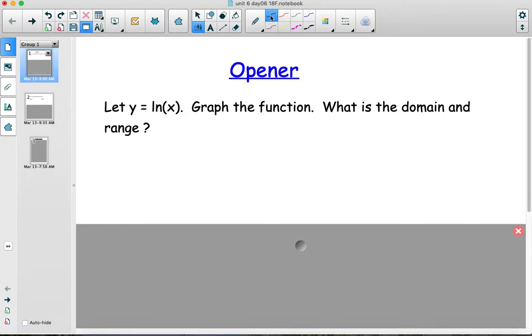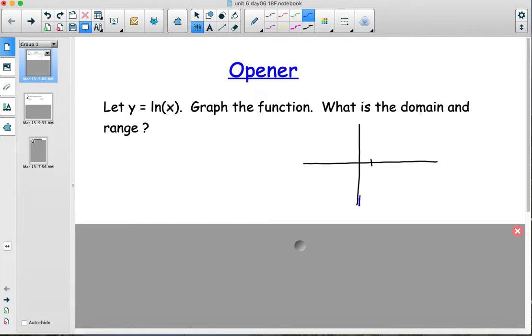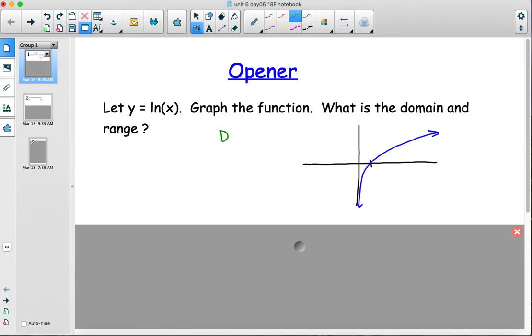Alright, so first of all, we know what the natural log of x looks like. So put 1 there, and it's asymptotic with the y-axis. It's increasing everywhere. Okay, so now let's do our domain. Our domain is x has to be greater than 0, or if you write that with IB interval notation, that would be 0, comma, infinity, brackets opening away from 0 and infinity because we're not including